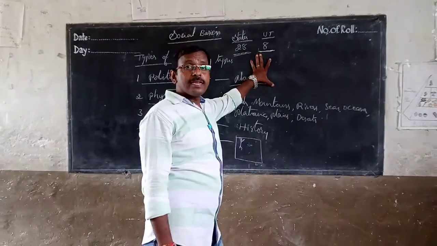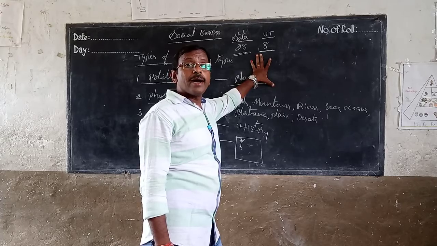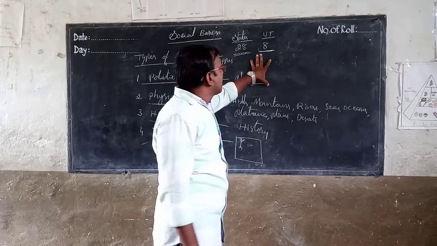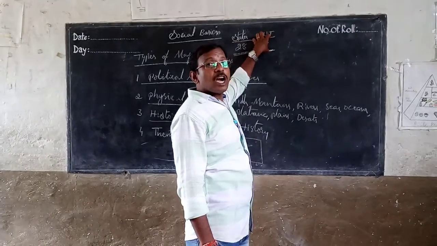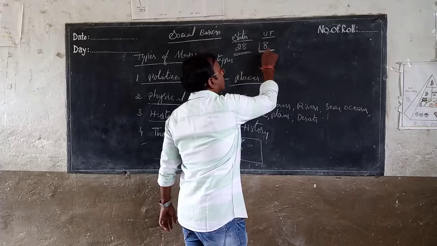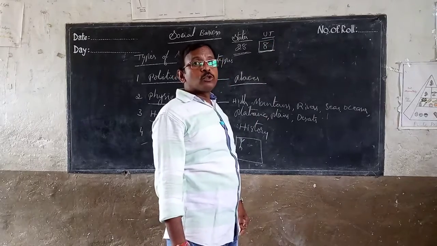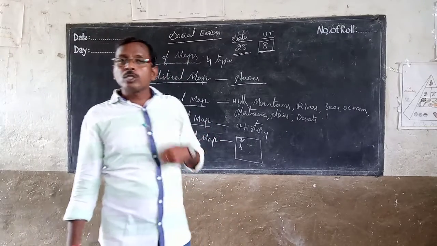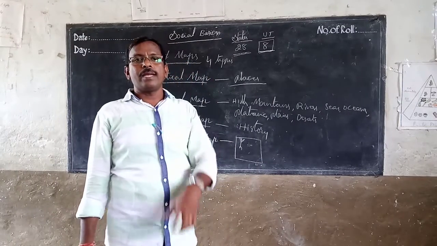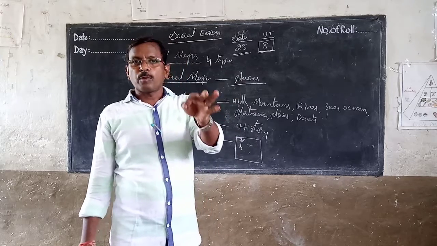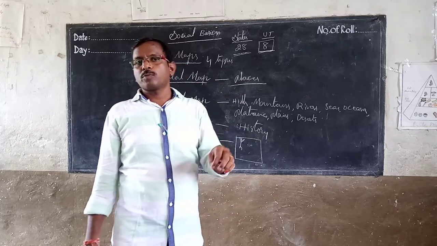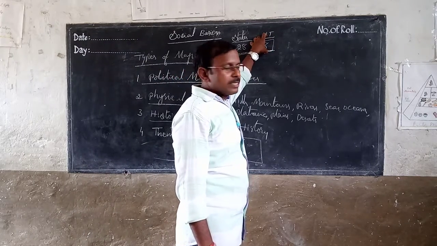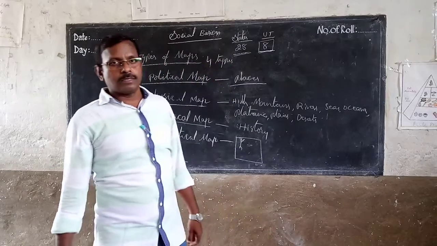What are the union territories? They are the places ruled by the central government. Why did the central government take them? There were many shortages of resources there, and as a state it was unable to develop. So the central government took the total responsibility to develop that place. Those places are called union territories.